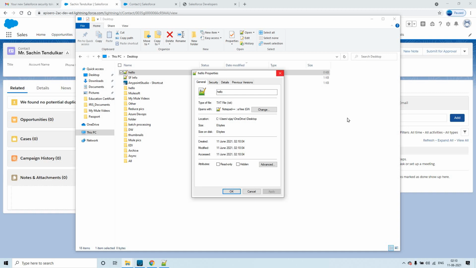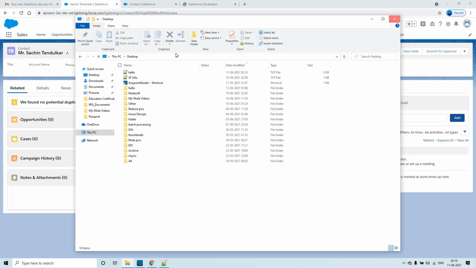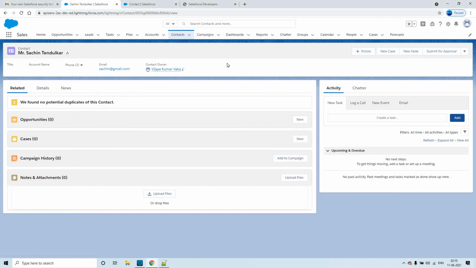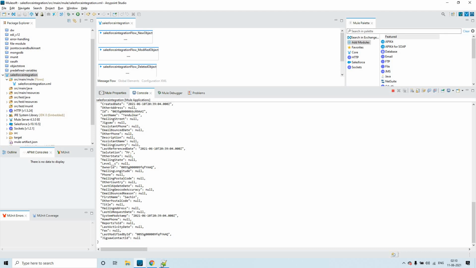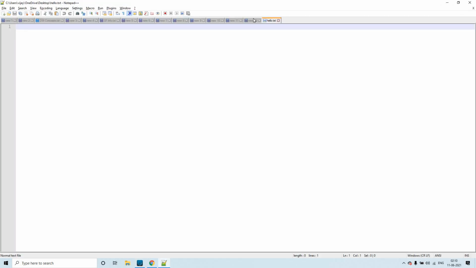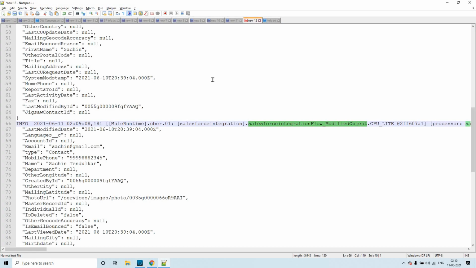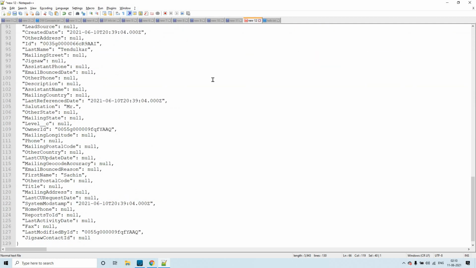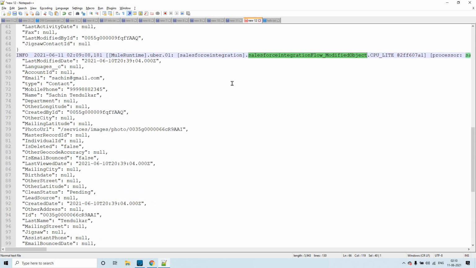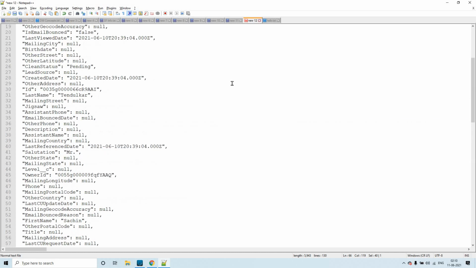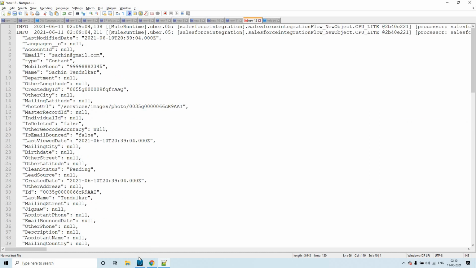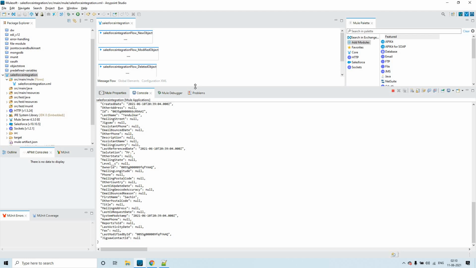The same way, when you create a new entry in Salesforce, it means you have created something newly and also modified it. So the Salesforce connector has understood the newly created contact object entry as a modified object as well. That is the reason we could see that these two got invoked.